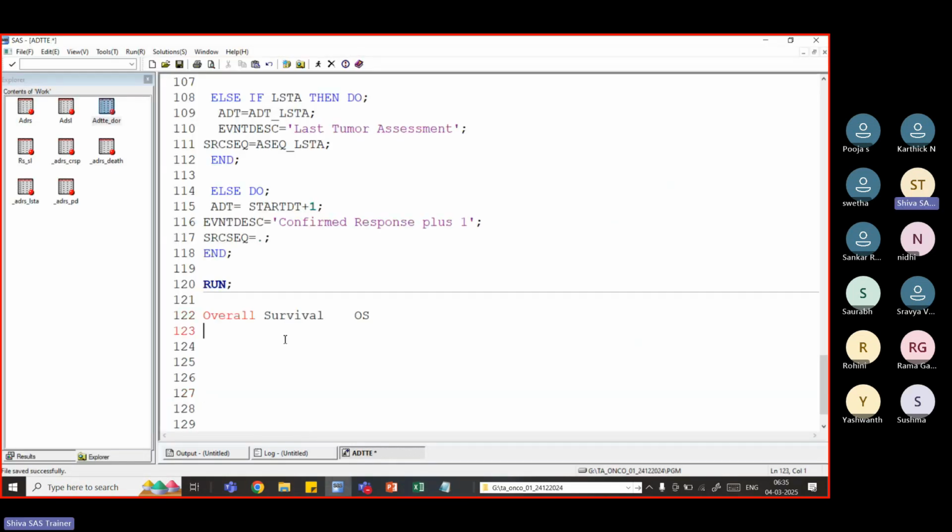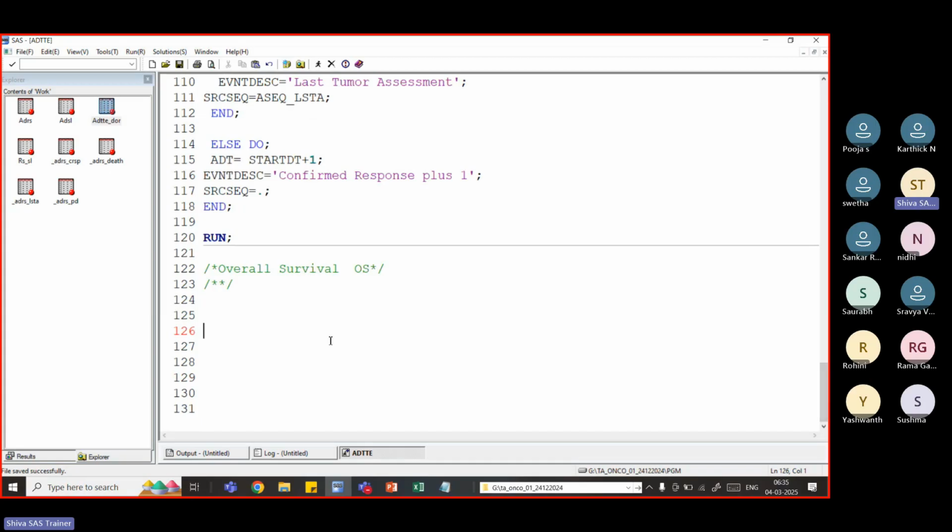Second parameter. OS is nothing but overall survival, from the treatment start date to the death, how much time it will take. That is the overall survival. So from the treatment start date to death. That is why, data ADTTE underscore OS